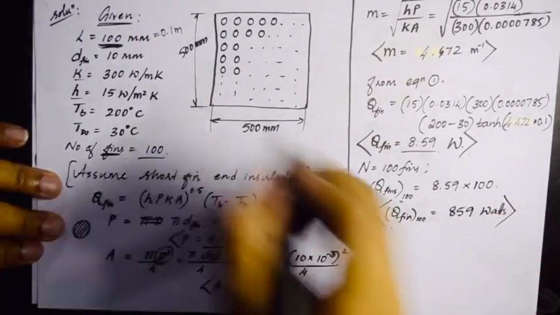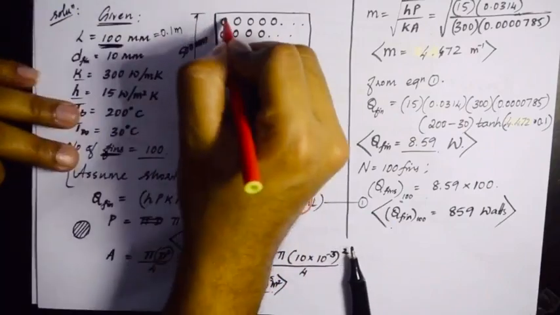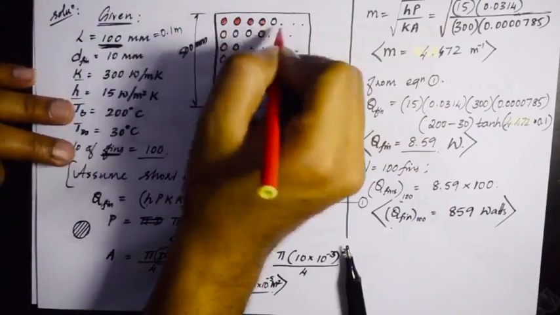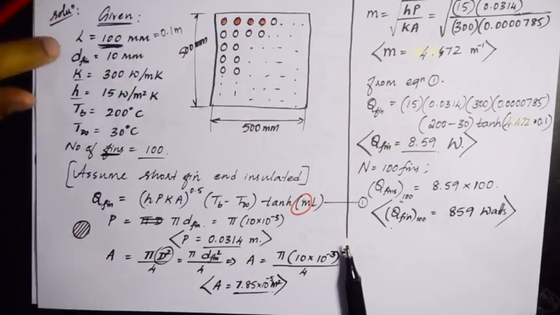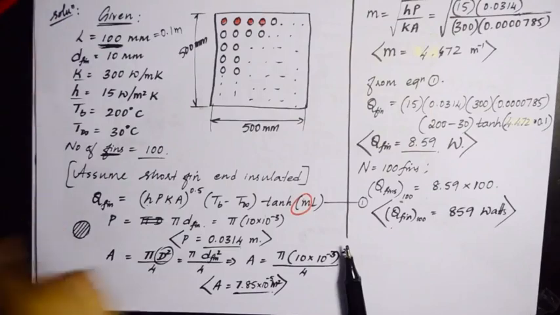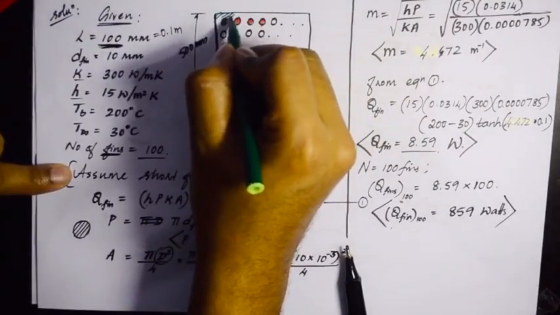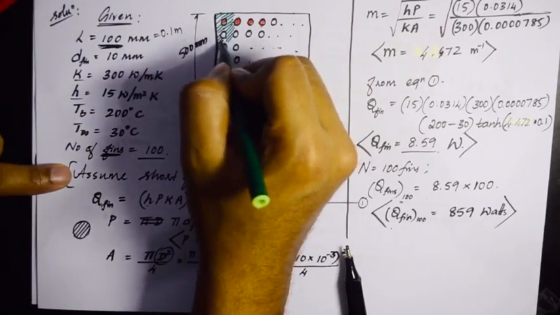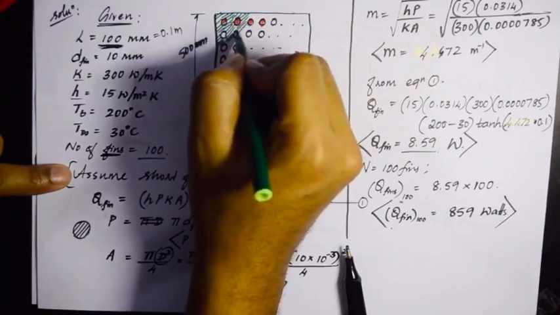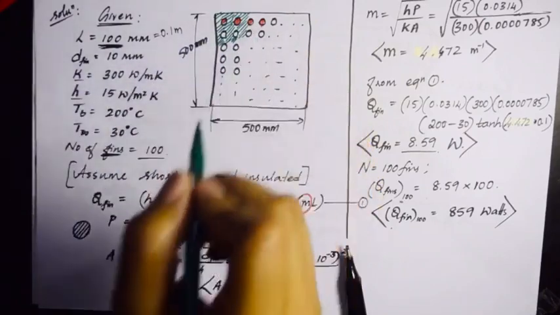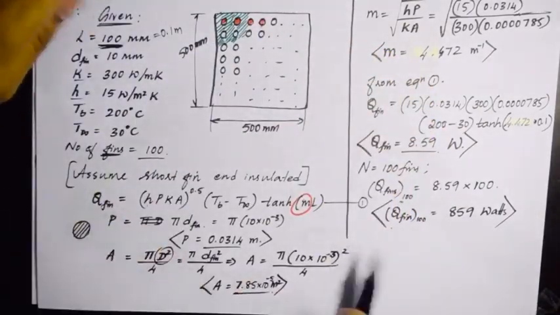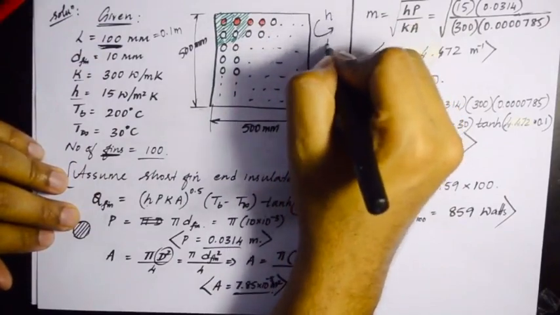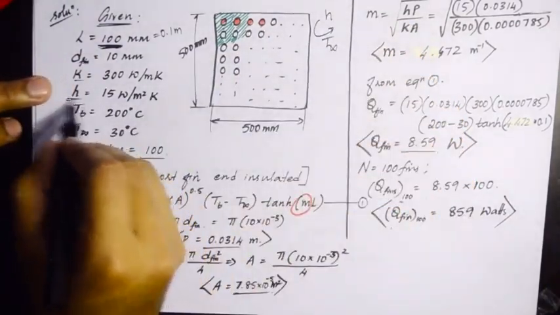So this is the heat transferred by the area of the fin, what you see here. What we have calculated here is the heat transferred by these fin cross sections. At the same time, if you carefully observe here, we also have the area that does not belong to the fin. It is similar to what we saw in the previous problem. So we need to calculate the heat that is transferred by this vertical wall surface which is exposed to the surrounding. To calculate that, first and foremost, this wall and the fin are exposed to heat transfer coefficient h and T infinity, which we have here.